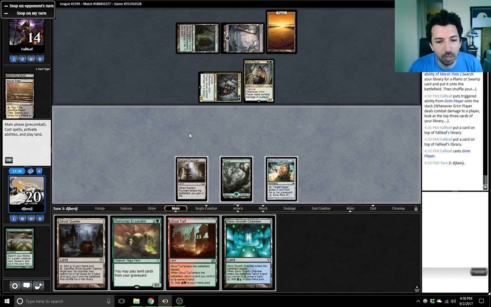Looks like they're probably keeping a Path open with the white. Not really sure what I should do about that. Maybe I just play the bounce land. And then I still have to worry about losing to, you know,